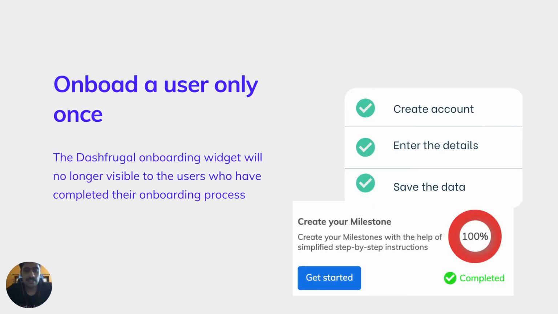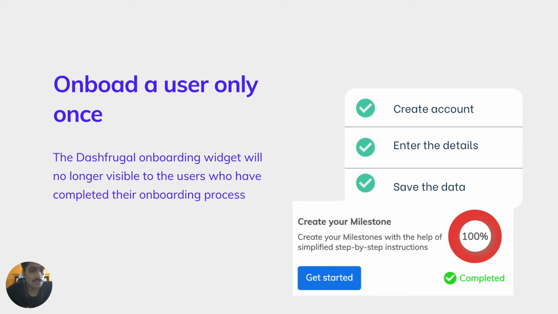And this is one of the widely asked suggestions or feedback from our users. Imagine one of your software users has completed their user onboarding journey, so they no longer require the widget or the user onboarding tool because they are already proficient in their software. So it doesn't matter whether we show the user onboarding widget within the app or not.